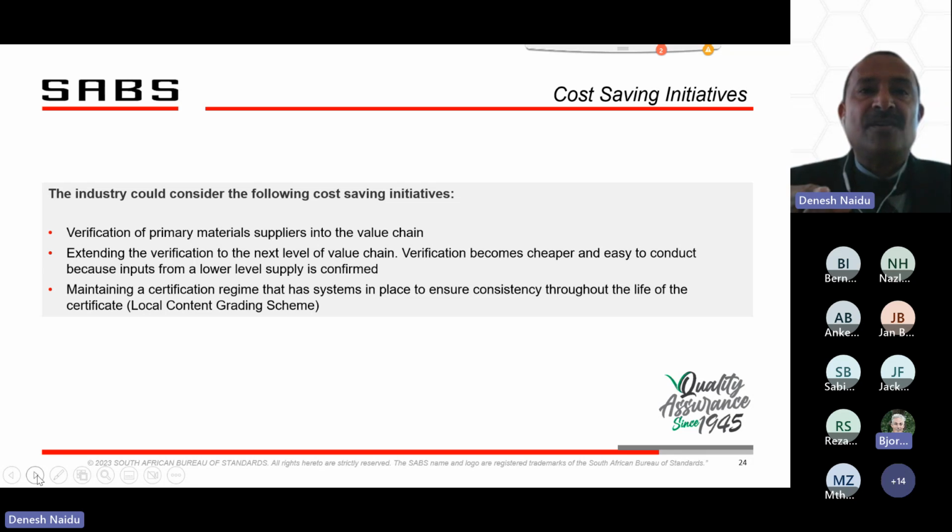So the typical cost pie is broken up into 20%, 60%, and 20%. The costs, unfortunately, it's not possible to say to you, this is what a typical cost would be, and here's a benchmark. And the main reason for that is because each process and each type of product, the range of costs could vary based on the various input materials and the various verification station points that go into that particular complexity, and for SABS to be able to then declare on